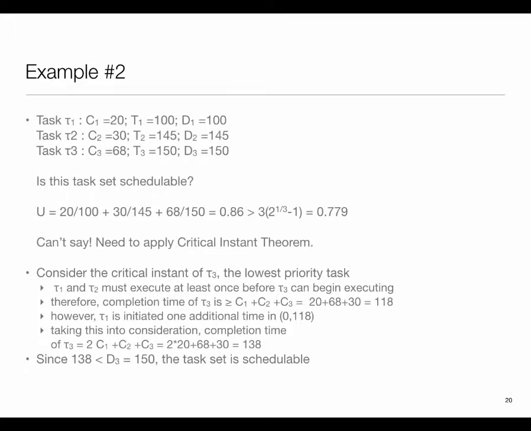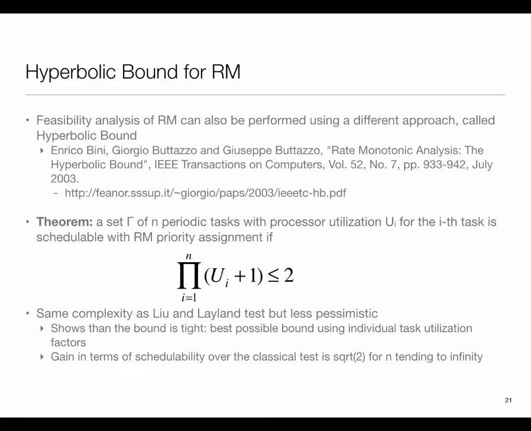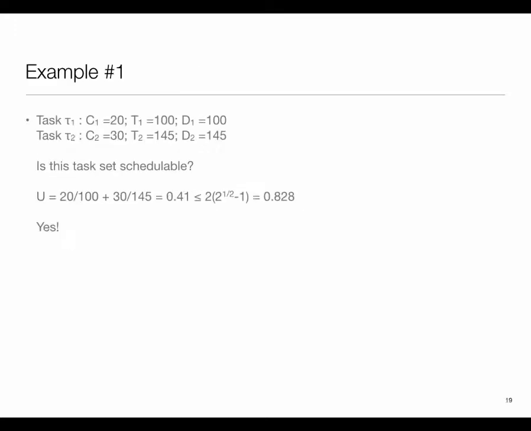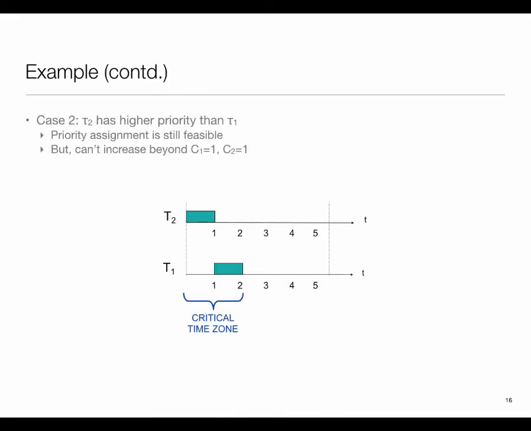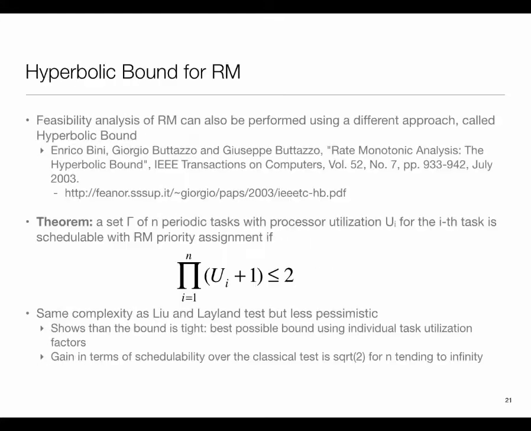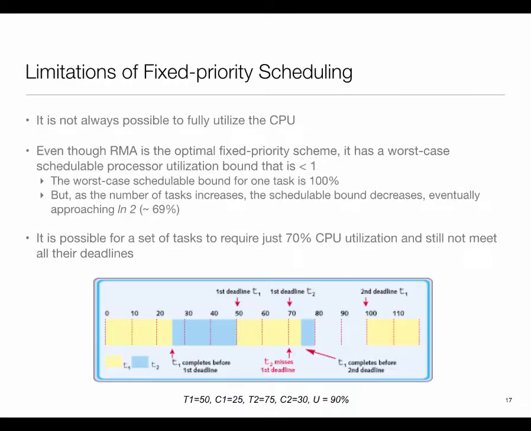So that's the way to analyze this. Now, in recent years, just a few years ago actually, a group in Italy showed that there is another formula which is tighter. Going back here, remember this one corresponded to this one. They showed that there is another formula which results in a curve which is much higher up, and through a simple formula, it catches more of the cases. And that is attractive because this test, a formula like this, is computationally a lot easier to do than running through this kind of simulation.